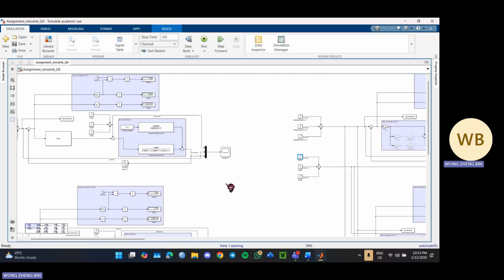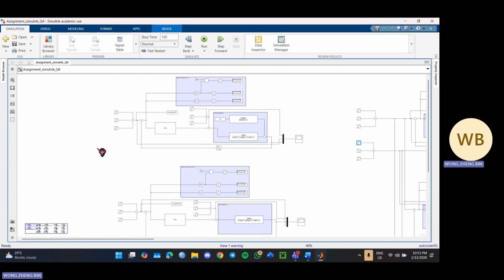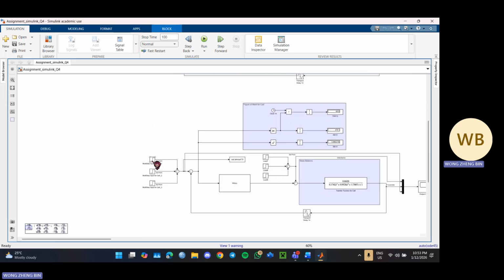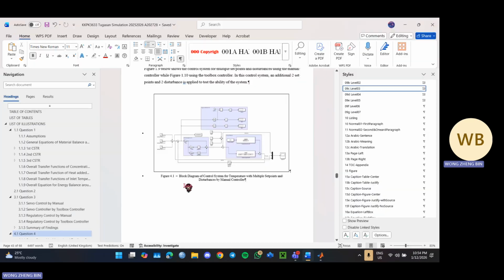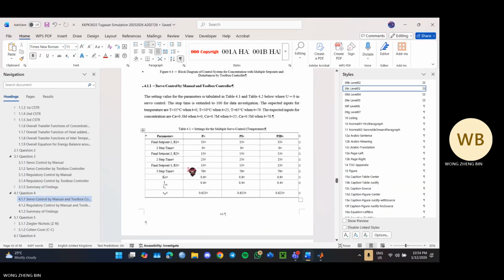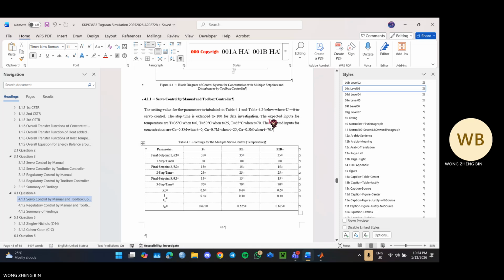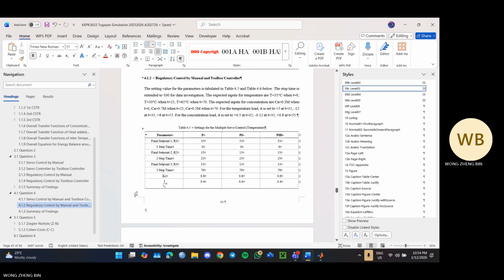Here we start from the regulatory case because we already put in the disturbance value. So for the disturbance value for temperature, the expected inputs